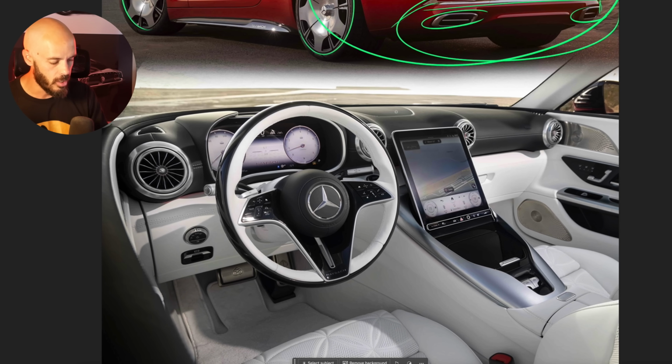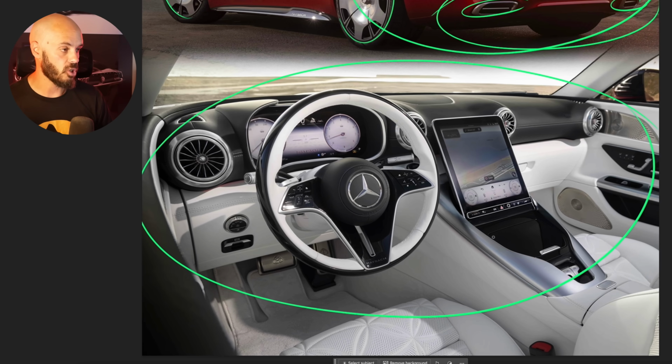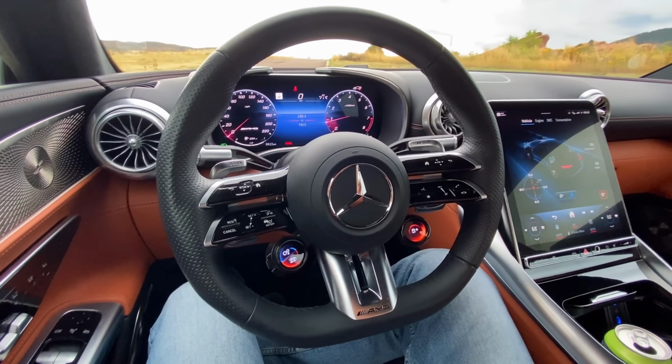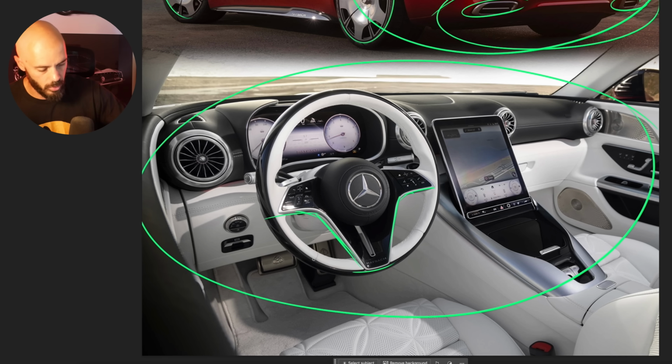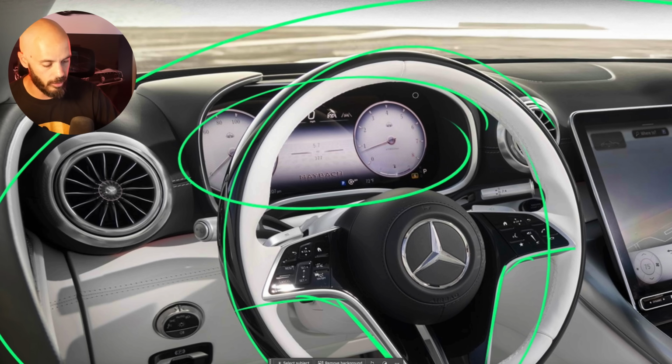Now, looking at the interior, this actually looks to be I think it's the exact same interior you get with the AMG GT, although this one does not have the AMG steering wheel, which is 1,000 times better than the steering wheel we have here. This, of course, being a little bit more elegant. I also like the graphics that we have for the display, have a very elegant feel,